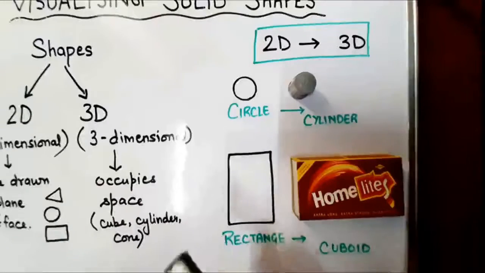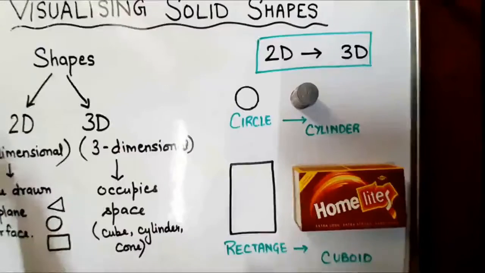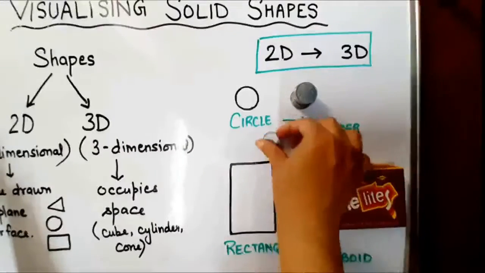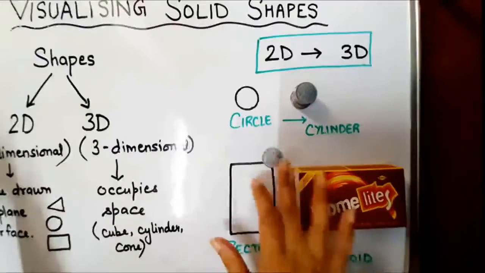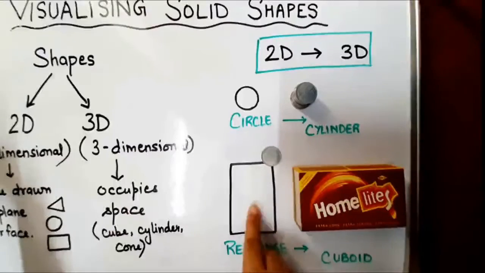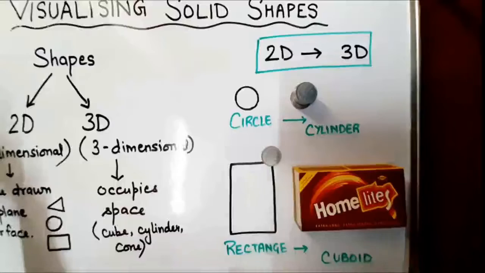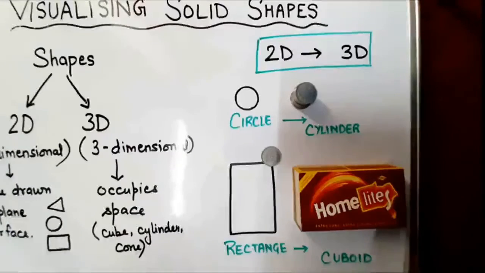Now, you all just think about an activity: what happens if we twist them? If we keep a circular coin like this, and we twist it like this, what kind of shape do we observe? You will observe a sphere. Similarly, what happens when you twist a rectangle? There you will observe a cylinder, because the transition is different in that case. So just try to do that activity and you can observe that feature also.